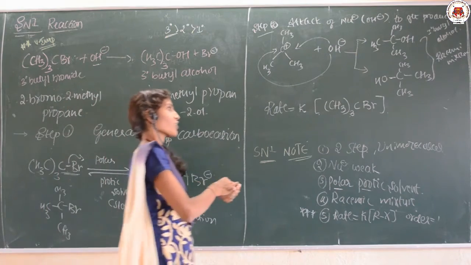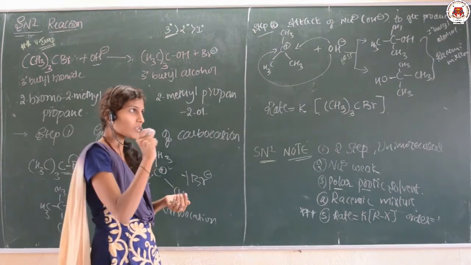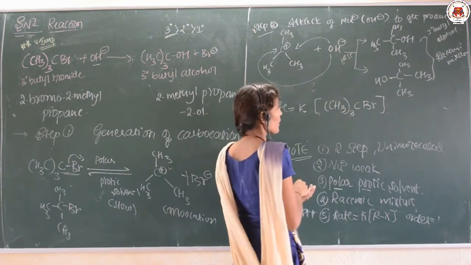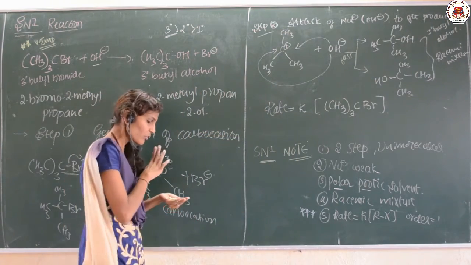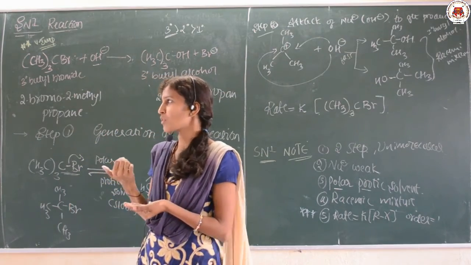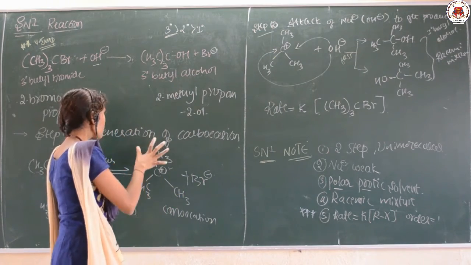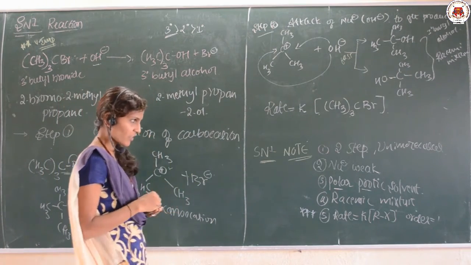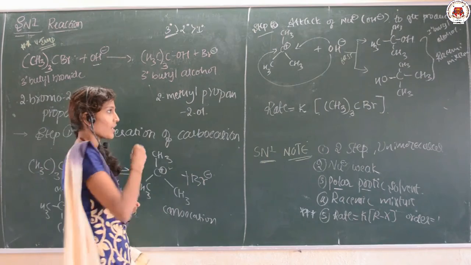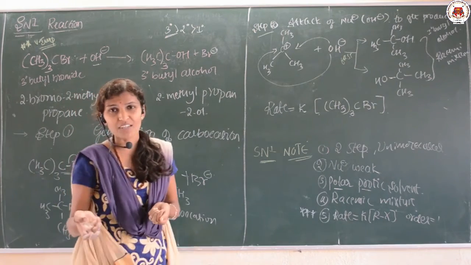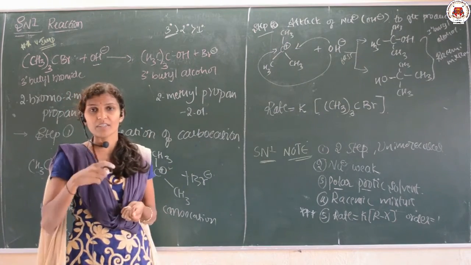I said this reaction is fast, so the rate only depends upon the slowest step. So the rate depends upon the concentration of the substrate, that is tertiary butyl bromide. In this way we can explain the SN1 mechanism. Please follow all the points in case of SN1 and SN2, because these are very important. Many times the questions are repeated on these two concepts: write the mechanism of the SN1 reaction by taking this example, write the mechanism of the SN2 reaction by taking this example.